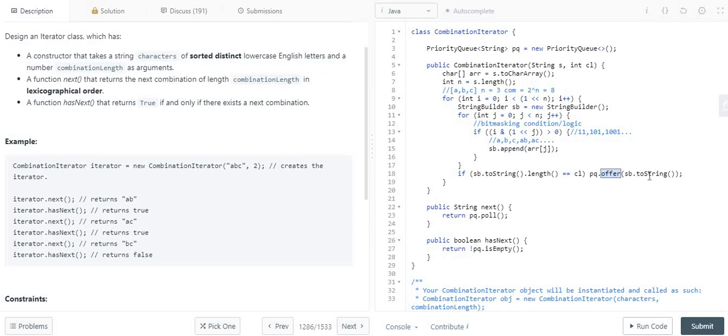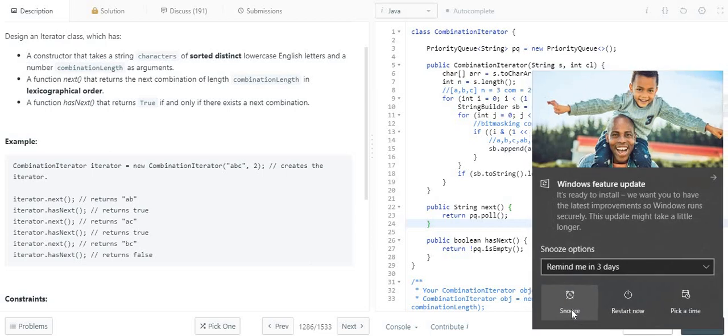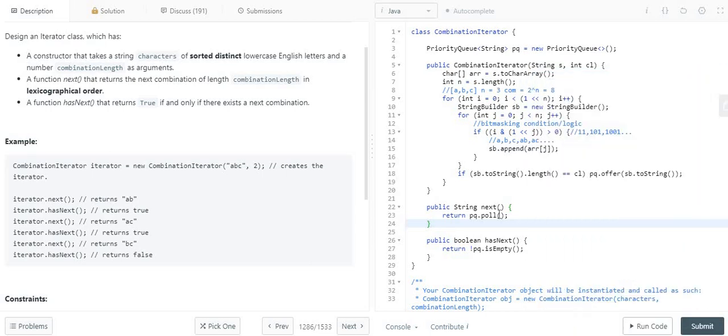And again it will sort the elements because internally in Java it uses the heap data structure. So based on that it will store all the elements in ascending order. That's the overall logic of this algorithm. And whenever we call the hasNext function, first it will check whether the queue is empty or not.